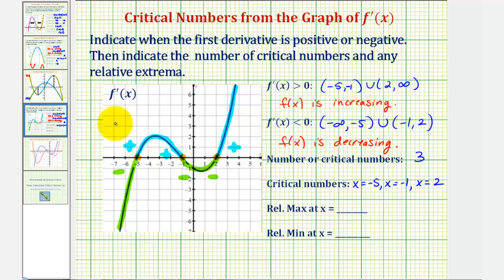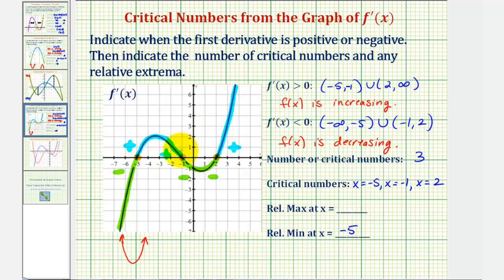Well, if the first derivative changes from negative to positive at x equals -5, that means the function f of x changes from decreasing to increasing at x equals -5, which means f of x would have a low point and therefore a relative minimum at x equals -5. So there's a relative minimum at x equals -5,